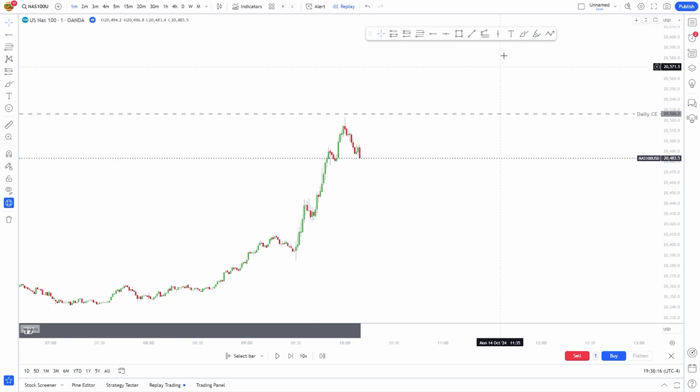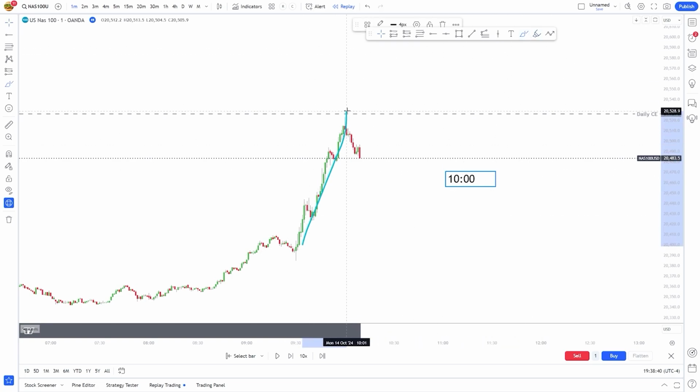Now, another important time that I didn't talk about is 10 o'clock. 10 o'clock marks the first half an hour of trading since equities open. And usually some days you'll get manipulation, where from 9:30 to 10 o'clock, the market moves in one direction. And right at 10 o'clock, half an hour after equities open, we're going to see its true colors and its true